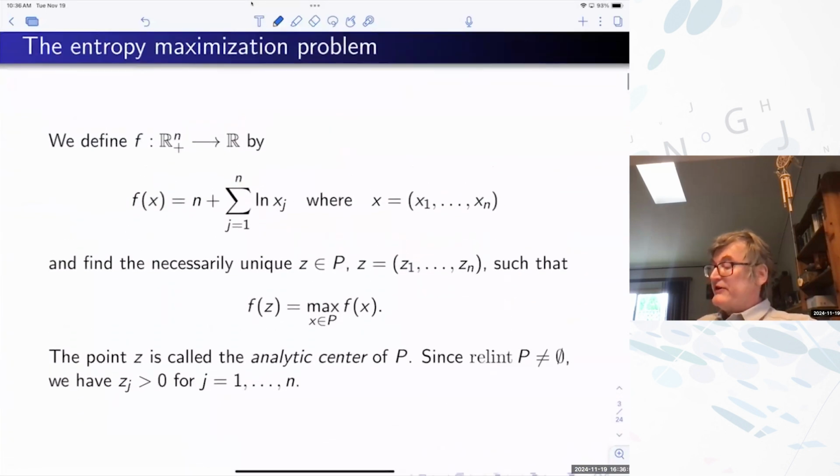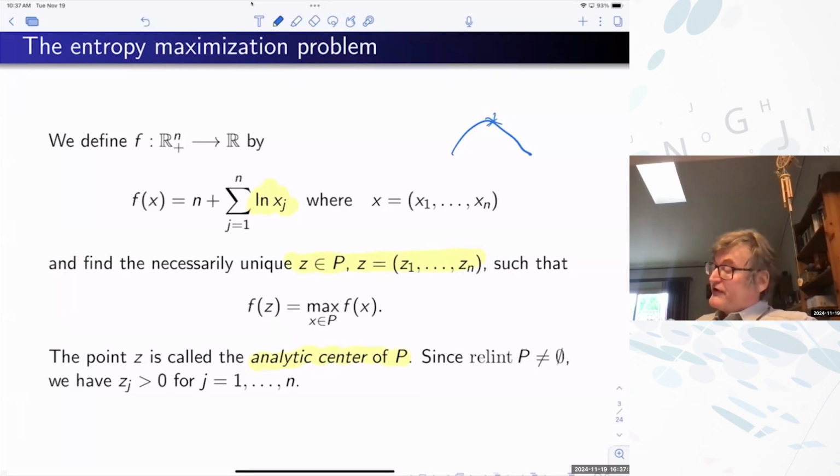So I'm building towards that formula. I need a very special point in that polytope, and the whole formula hinges on that point. It actually has a name: the analytic center. It's the point where the sum of the logs is maximized, and of course that's a unique point because the sum of logs is strictly concave. And I add the dimension just because things become more meaningful with that.